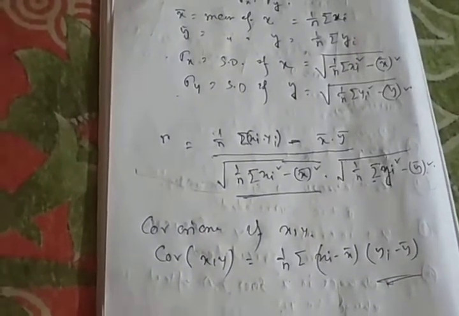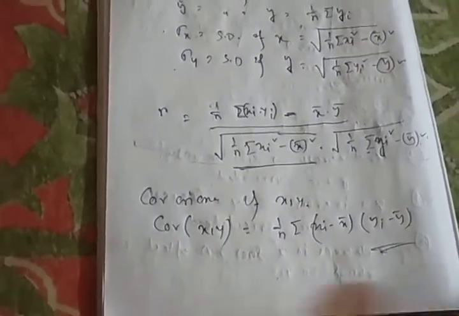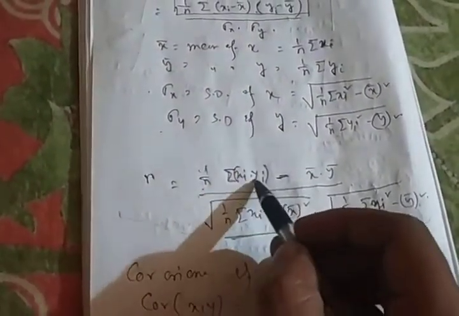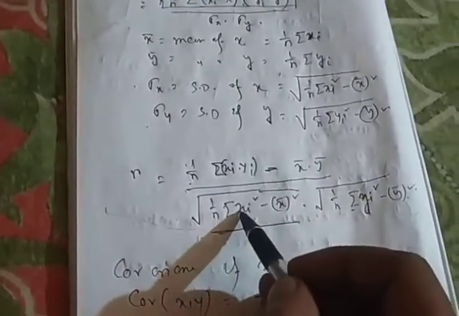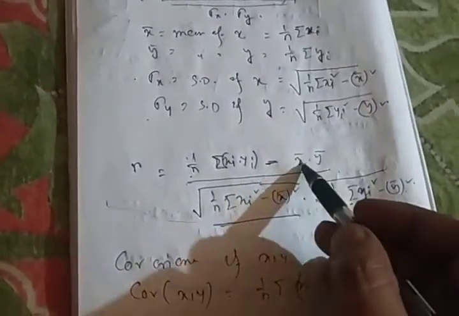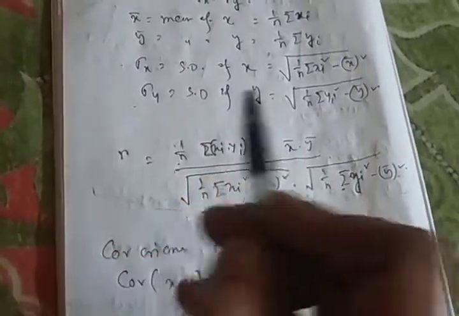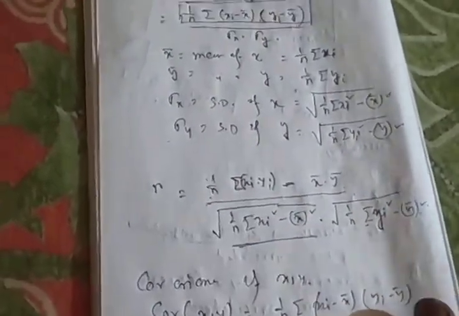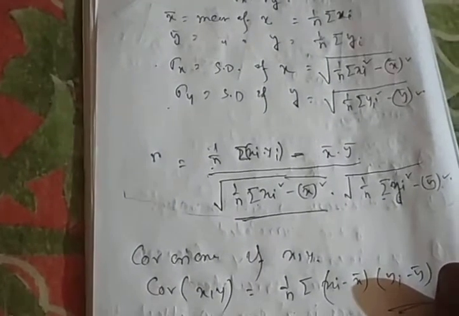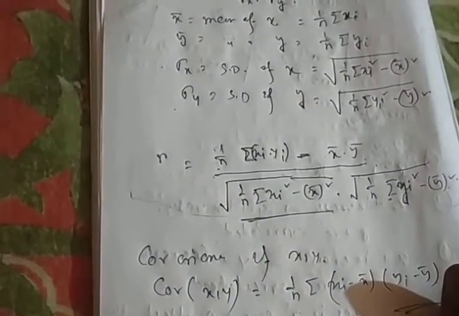So if we have data for, say, 10 individuals, then n equals 10. We have to find the multiplication of x and y and sum that, the squares of x and y, and we have to find x bar and y bar for the given data. Then, after putting in all the values, we will simply get the value of the correlation coefficient.